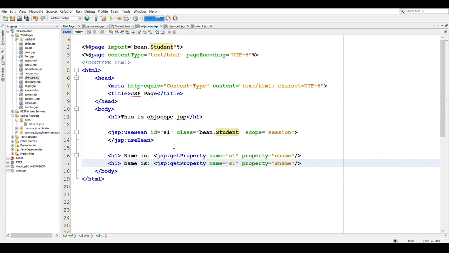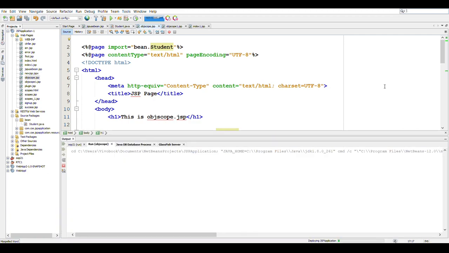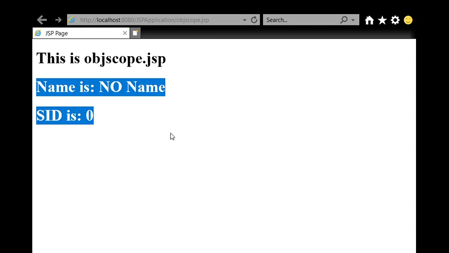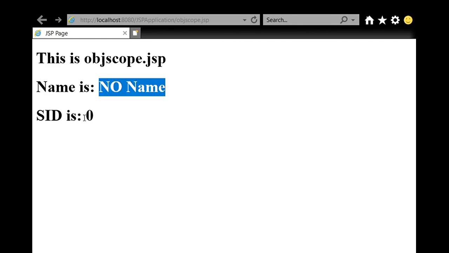Similarly we will do the same for sid. Now if we run this code, this is the output that we get. Since the object was created using the default constructor, the name has been initialized to no name and the value of sid is 0.